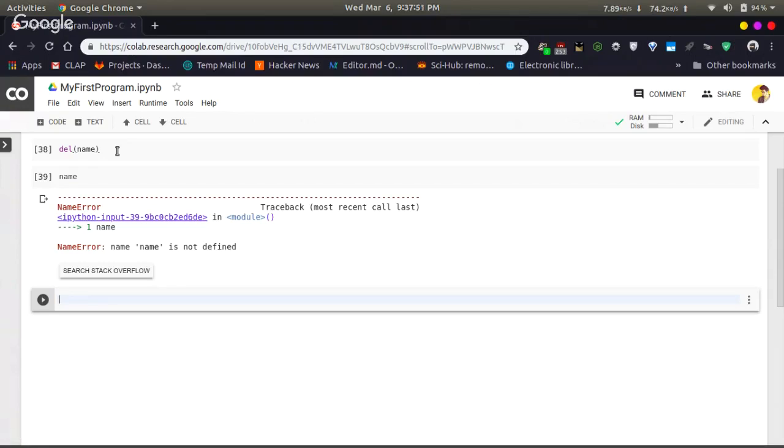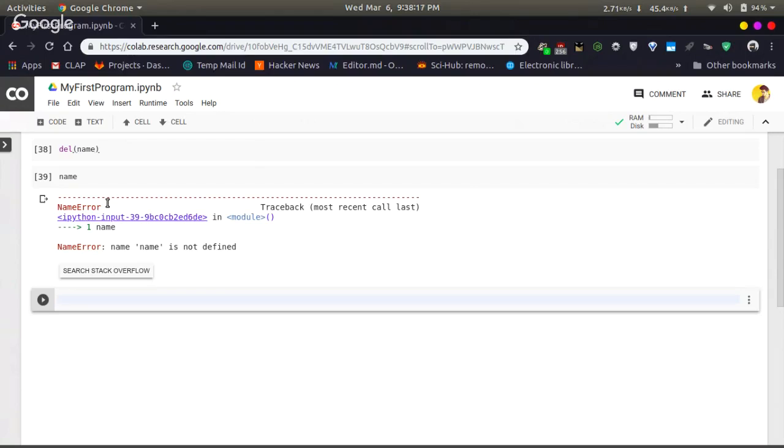See, you will get an error. The advantage of Colab or Jupyter Notebook is that you can see the error just below the code itself. Now what you are seeing is an error called NameError. This error occurs because the variable called name has not been defined anywhere.